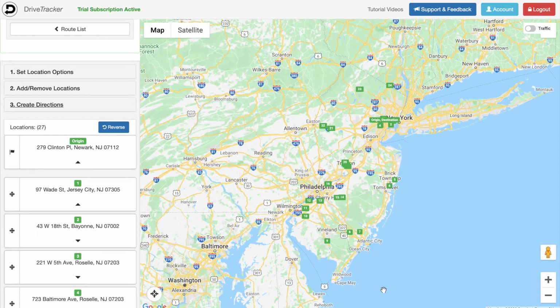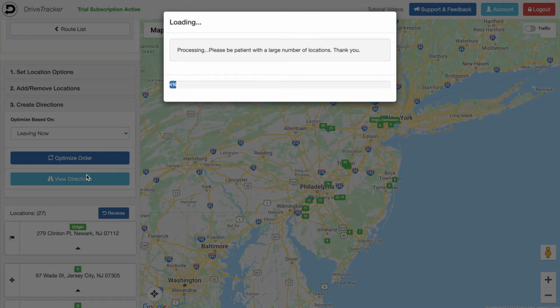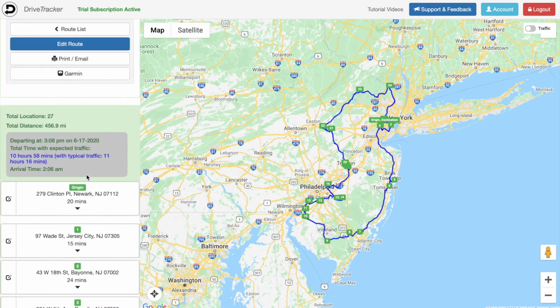In this tutorial, you'll learn how to visualize your route and directions. Once you've gone through the route optimization process outlined in the last tutorial, you're ready to view your directions on the map. Under the Create Directions tab, click on View Directions. After a short amount of time, you'll be redirected, and a dark blue line will appear on the map that